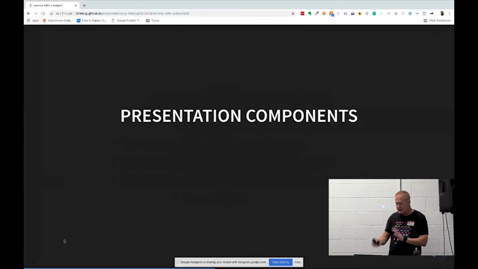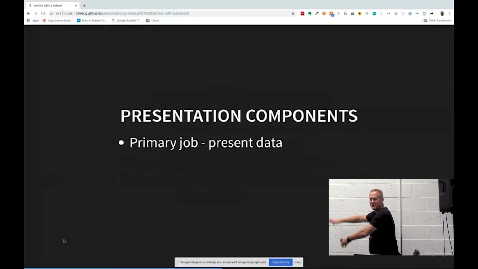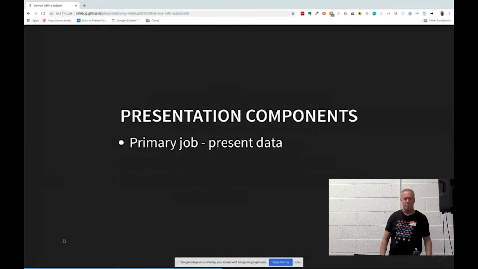So it leads into the presentation components and understanding what they do. Their primary job is to present data. They don't know where it comes from. They don't understand it. They just go, I'm going to make it pretty. I'm going to make this the best looking UI you've ever seen. But if you ask me where the data came from, I don't know.